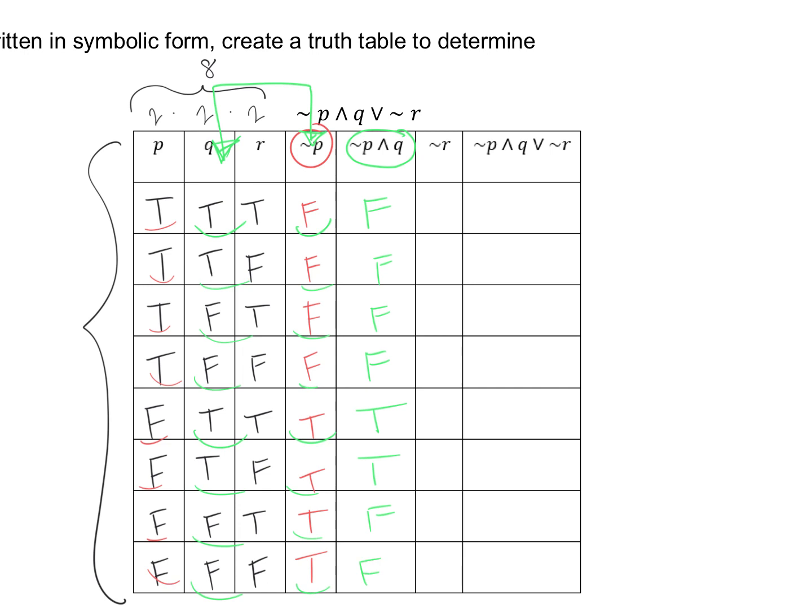Next, we're going to negate R. So we're looking at the R column and we want to negate it. So true turns to false, and this is on the alternated. So we can just alternate these. False, true, false, true, false, true, false, true. And so our last thing